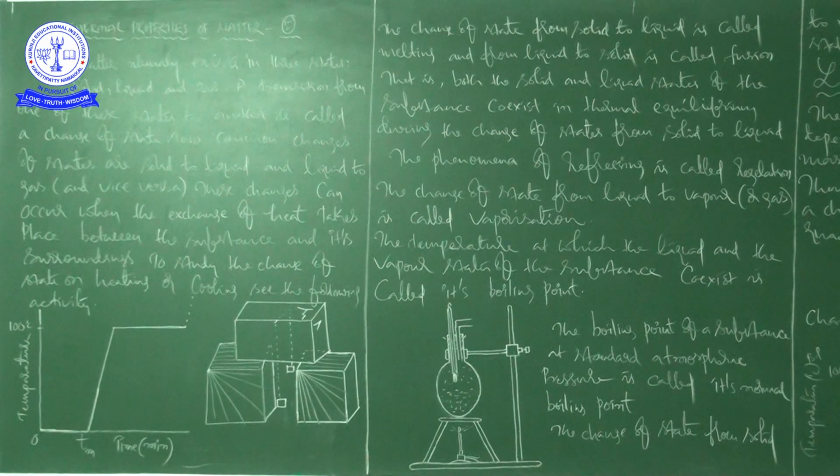Okay. Skating is possible on snow due to the formation of water below the skates, right? Water is formed due to the increase of pressure and it acts as a lubricant, right?